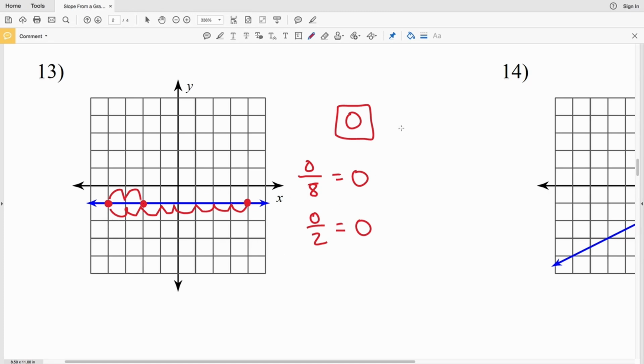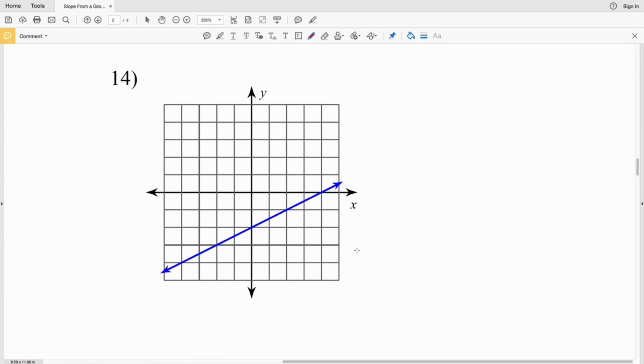In number 14, I'm going to pick the y-intercept, and I'm also going to pick the x-intercept since both of them intersect at whole numbers. Rise over run, I'm going to go up 2, so that's a +2, and I'm going to go over 1, 2, 3, 4. So the rise over run is 2 over 4, which simplifies to 1/2